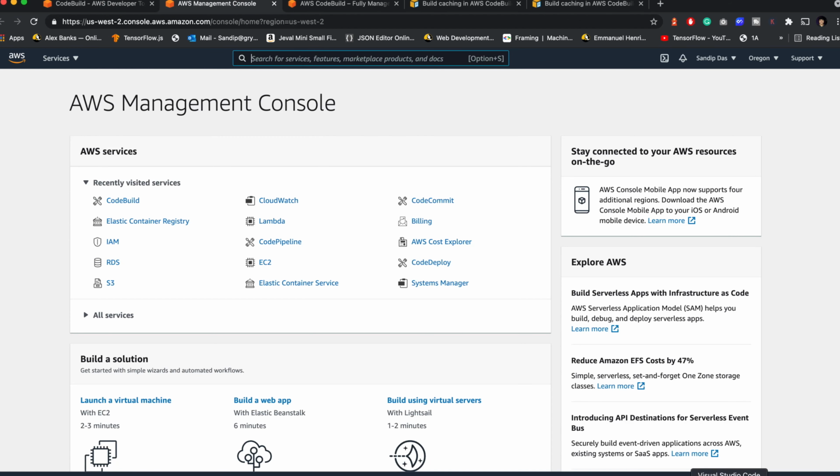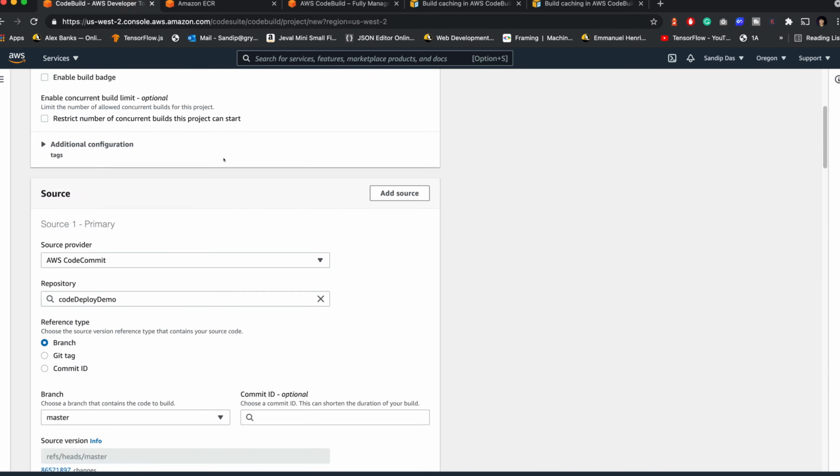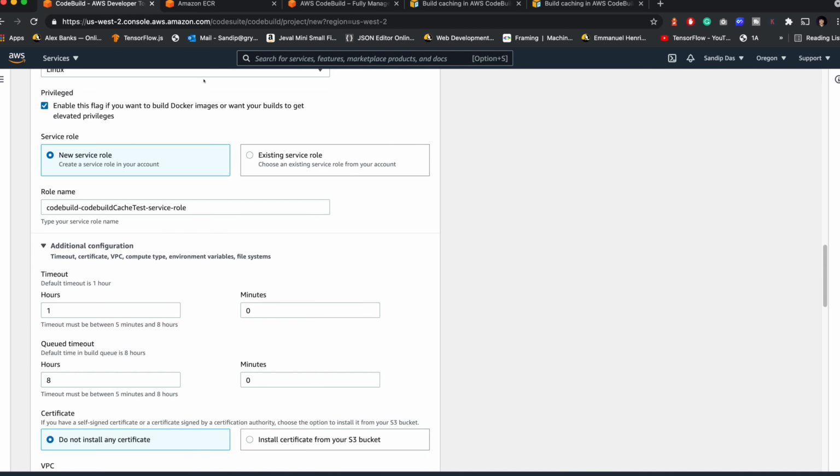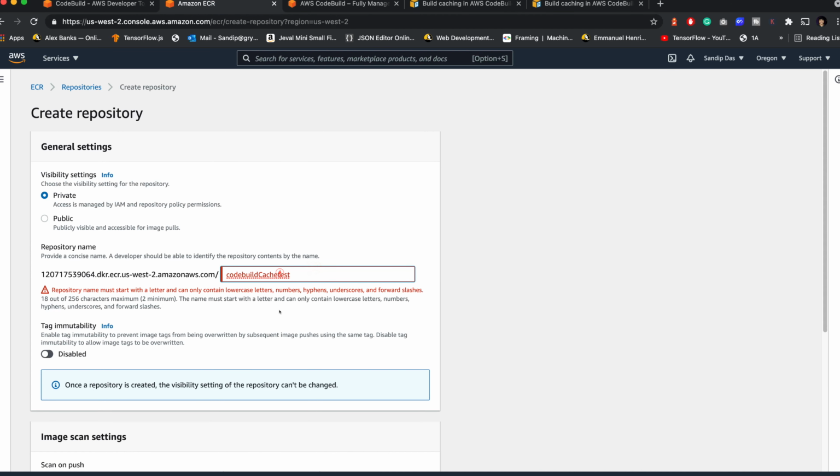Let's create a container registry. As we have named the project CodeBuild Cache Test, we'll be using the same name. It only accepts lowercase characters, so it will be codebuild cache test.